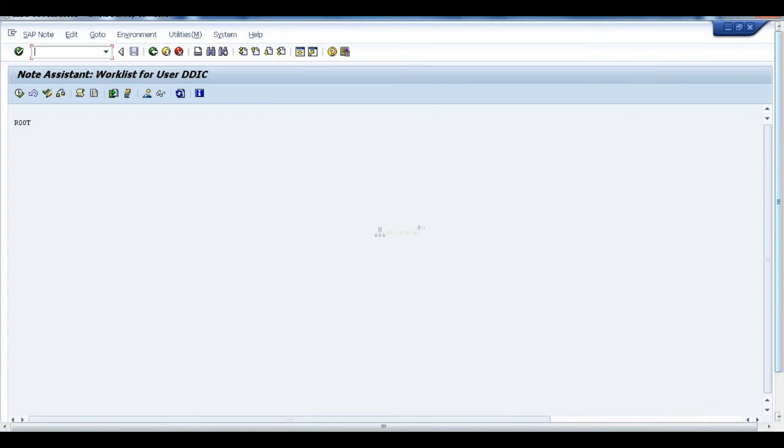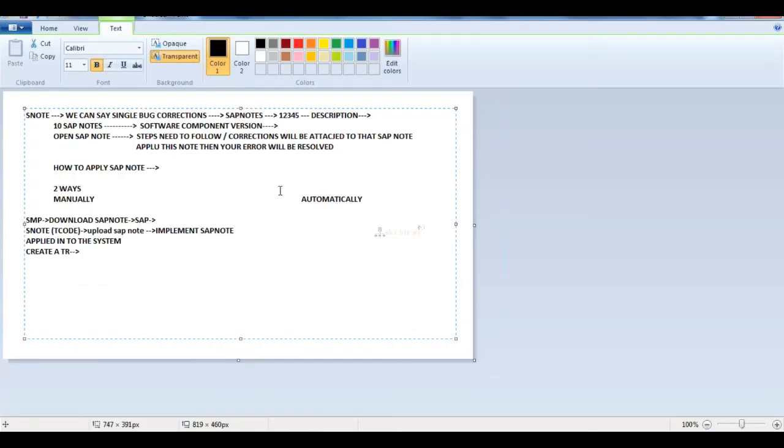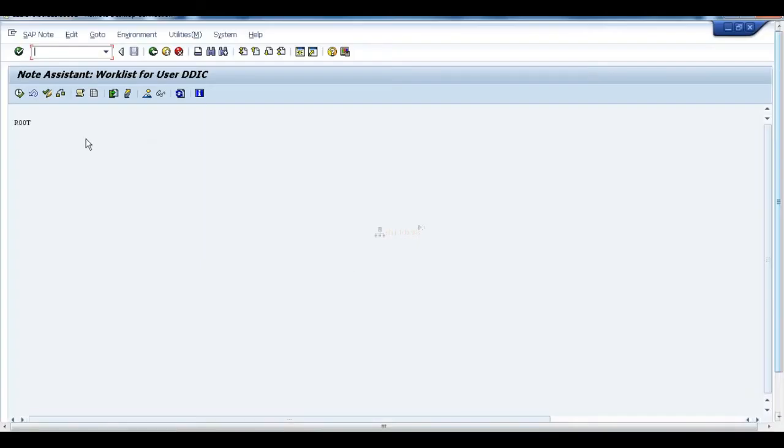So automatically is the best process to implement this, yes. Why? Because whenever you are applying one SAP Note, dependency SAP Notes will sometimes also be there. For example, I am applying SAP Note 1.